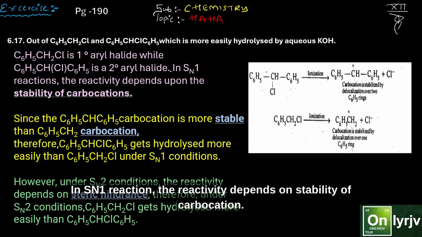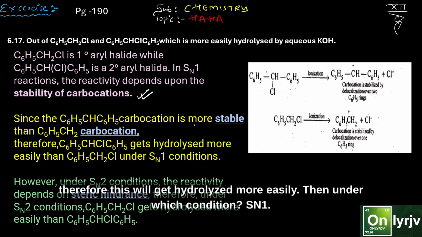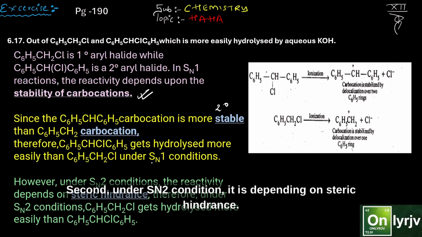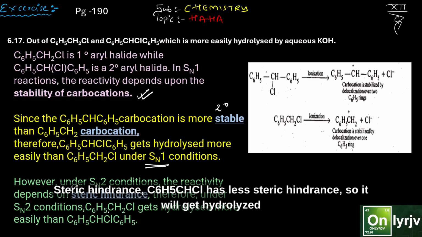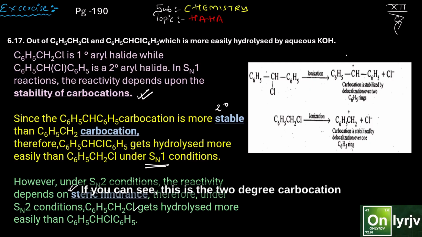In SN1 reaction, the reactivity depends on the stability of the carbocation. Since the C6H5CHCl carbocation is more stable, or you can write 2 degree, therefore this will get hydrolyzed more easily under SN1 condition. Second, under SN2 condition, it depends on steric hindrance, and C6H5CH2Cl has less steric hindrance, so it will get hydrolyzed faster as compared to this. And you can write the reaction. If you can see, this is the 2 degree carbocation over here, and this is the 1 degree carbocation. So I hope that